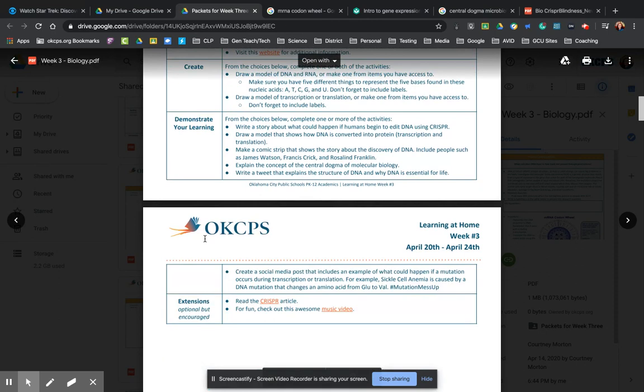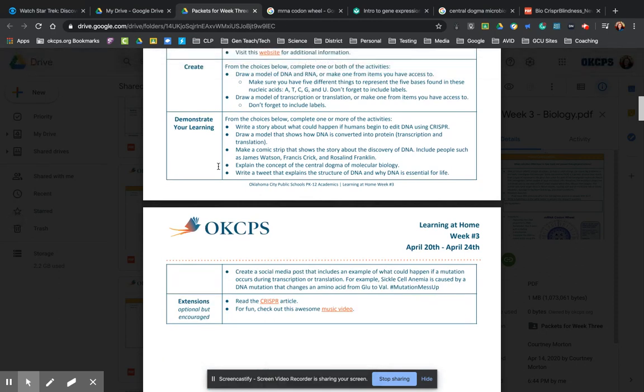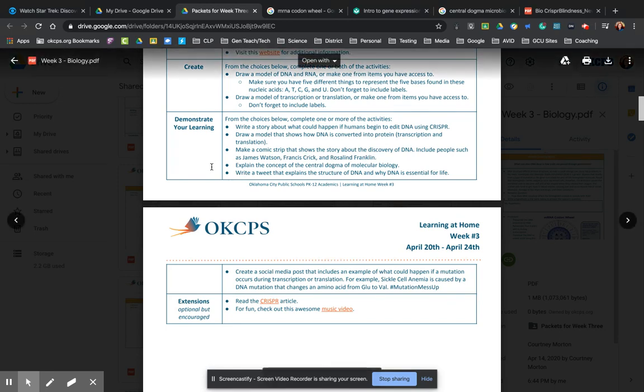And the next day, for Demonstrate Your Learning, you have several options that you can choose from here. Write a story about what could happen if humans began to edit DNA using CRISPR. And if you're not entirely sure what CRISPR is, there's an article down here in your extensions. And you could choose to draw a model that shows how DNA is converted into protein. So you're looking at the transcription and translation process. Make a comic strip that shows the story about the discovery of DNA. And there are some people down here you'd need to do some research on to make that